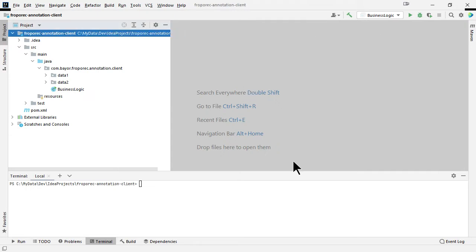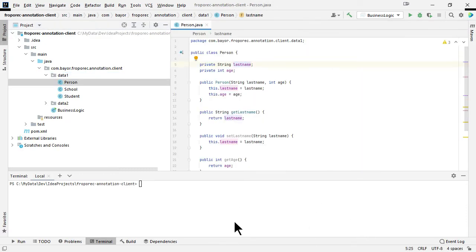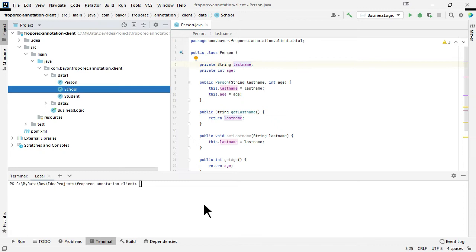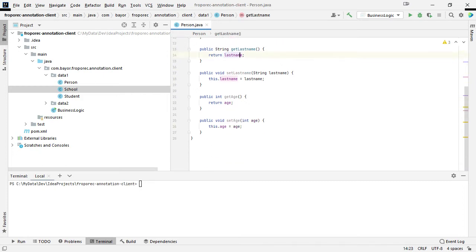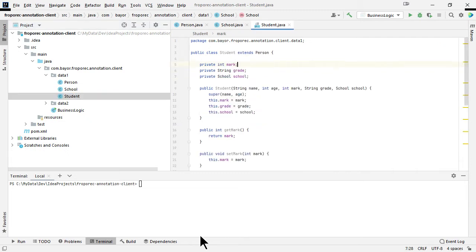So what you are looking at here is just a very simple project, typical stuff we see with modules such as person, and it has a few known attributes, all argument constructors, and then getters and setters, as you can see. Same thing here and here. Here we have a little bit of a particular POJO which extends another one and contains another POJO. So we will see in this specific case what will happen with our code generation tool, how it's gonna handle that complexity.